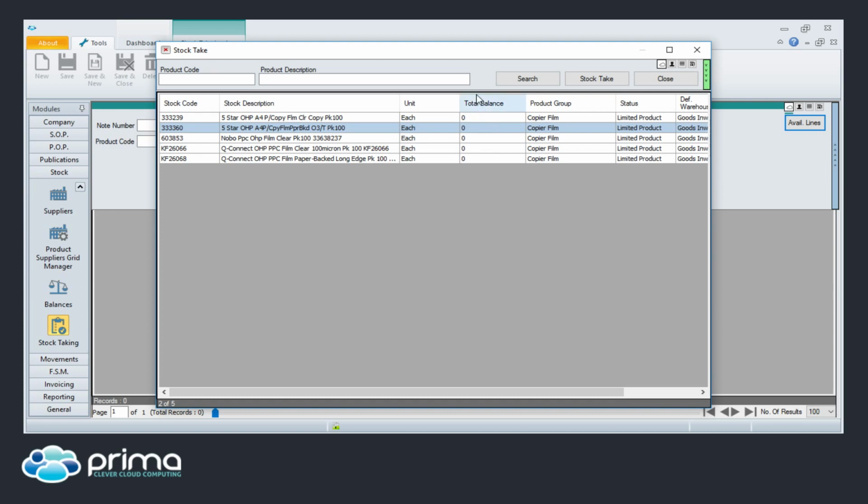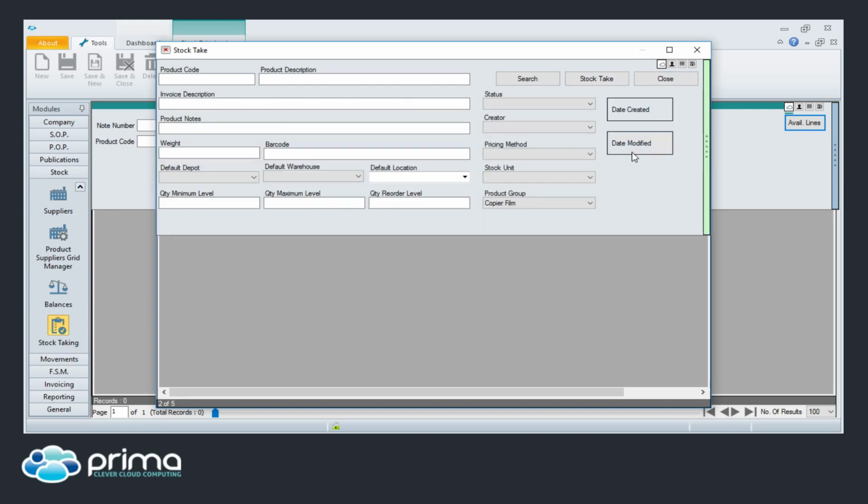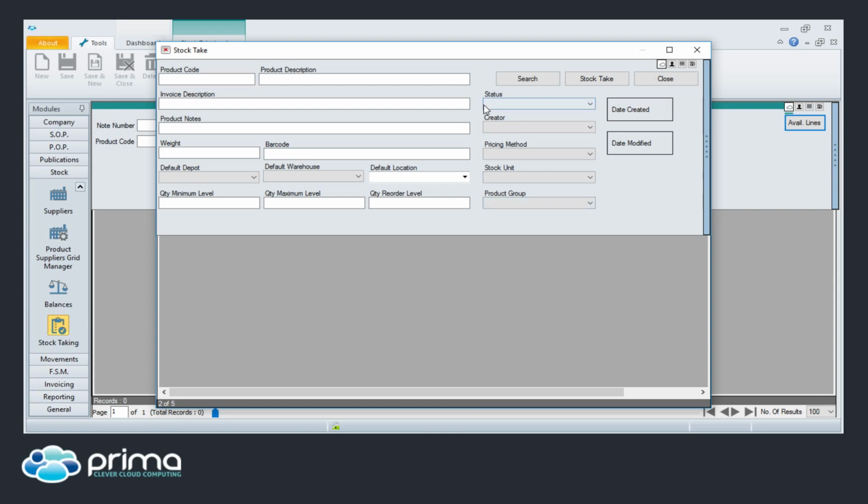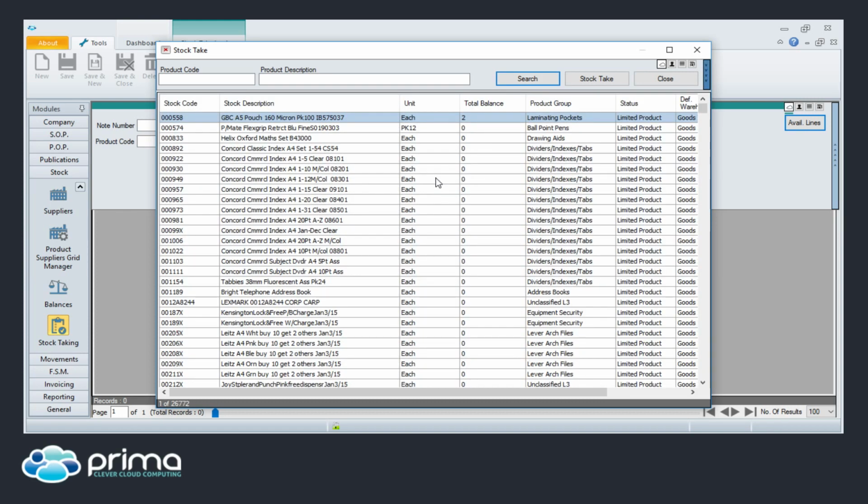So another way in which you may want to build your stock takes is you want to see everything in Prima. If I just remove that quickly. Okay, so what we're searching for now is every product in Prima, so it may take a few seconds, but what you can do is if you sort by the stock volume, you can then from there highlight all the lines that have stock against it. So sort on total balance,